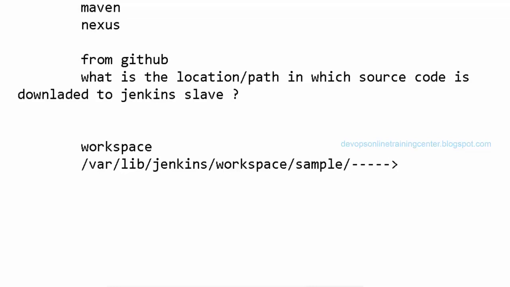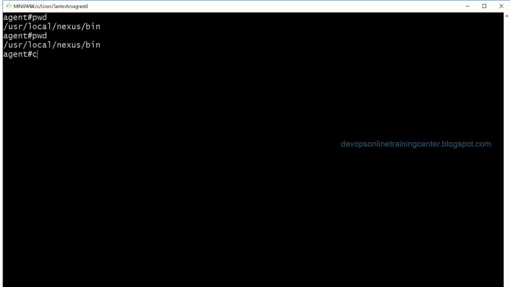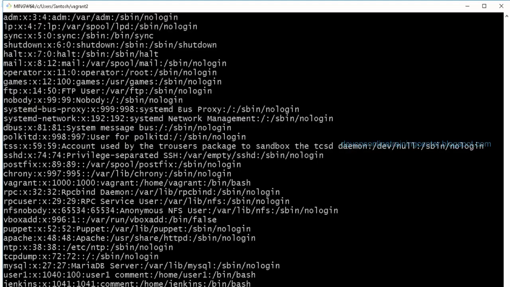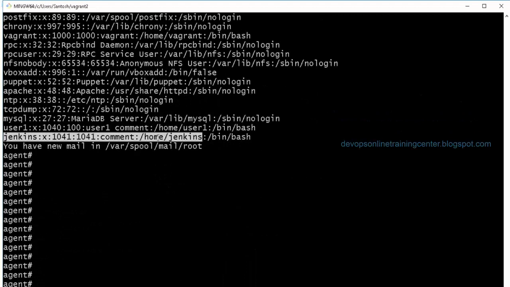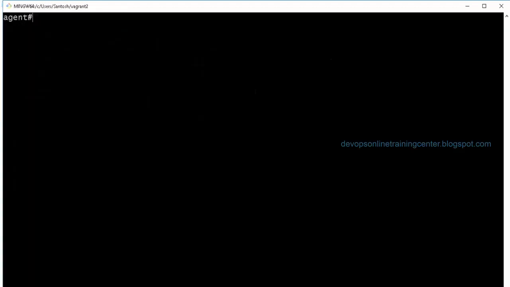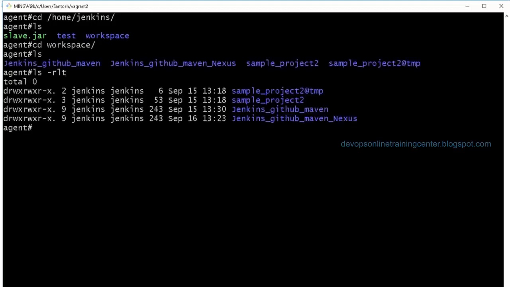This I think we have discussed. If you go to var, sorry, here it's home. What is the home directory of Jenkins? Home Jenkins, right? You can see here, home Jenkins workspace. Under that all the jobs are listed, right? So this we have seen yesterday.